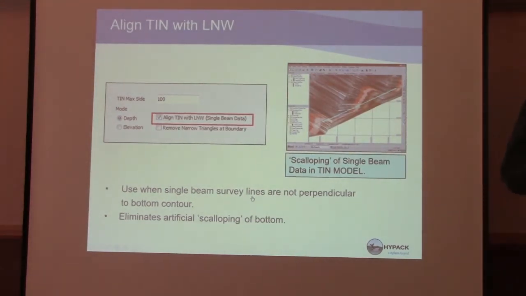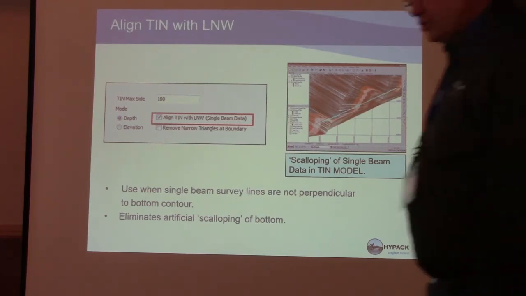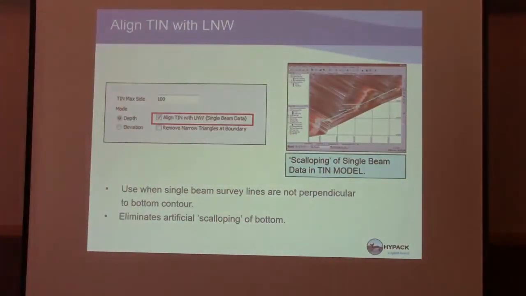It's almost like the snap to line feature within the Single Beam Editor, and because of the way the triangles are made, it eliminates the errors. It was deleting in that Delaunay triangle in the beginning that I kind of passed over quick. It draws a circle and then it connects the points there. It eliminates the errors caused by that method. So let's go back to the beginning and answer that question. I went over it because